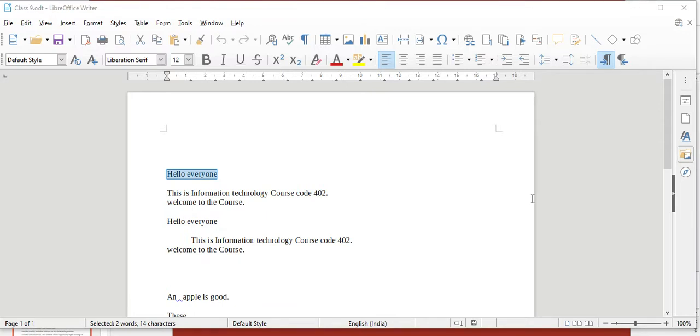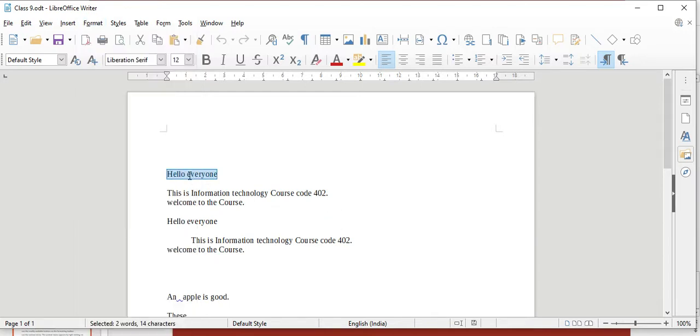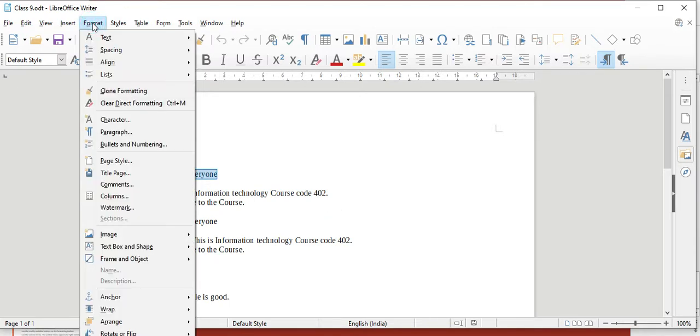Removing manual formatting. To see the effect of formatting the text, first remove the manual formatting. For this, select the text, go to Format, and choose Clear Direct Formatting.